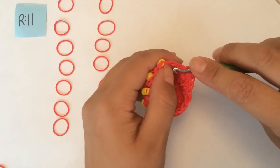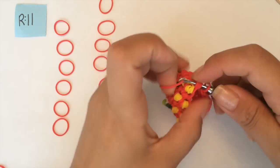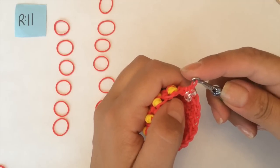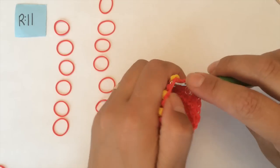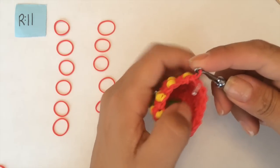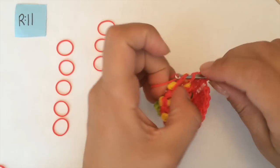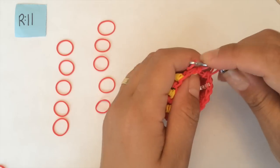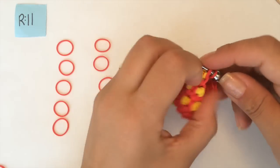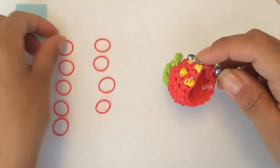So let's start. Grab 1 and 2 and stitch together. Then in our next chain, we're adding 1 band. And then we're going to stitch 1 and 2 together. And 1 band in the next. And you're just going to repeat 1 and 2 together,